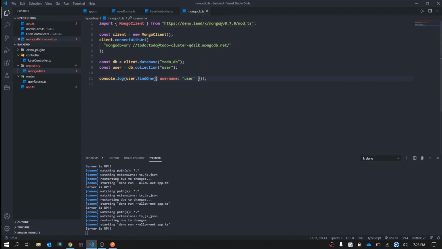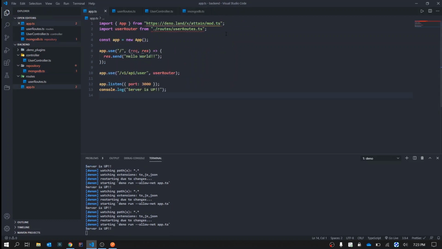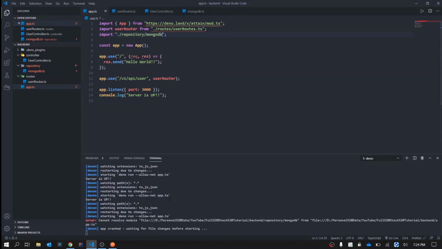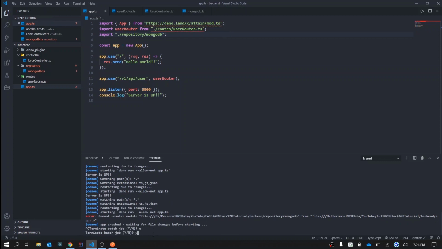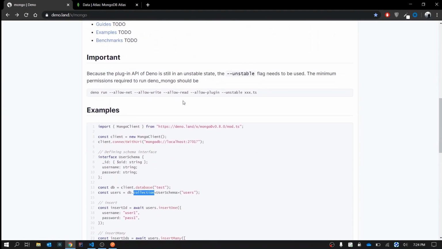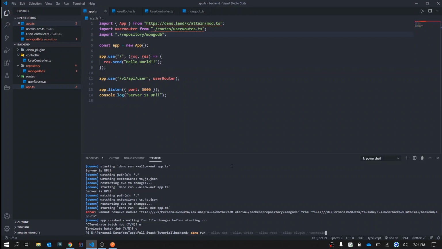Now, in order to make this file execute, all we need to do is import it here. We'll just say import ./repository/MongoDB. Now it's saying error. That is because if you go to the documentation, you can see we need all these flags in order to make it work. So we'll copy these flags, paste them, and go back and change deno to denon and call app.ts.